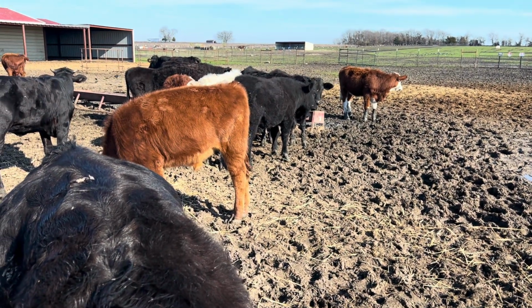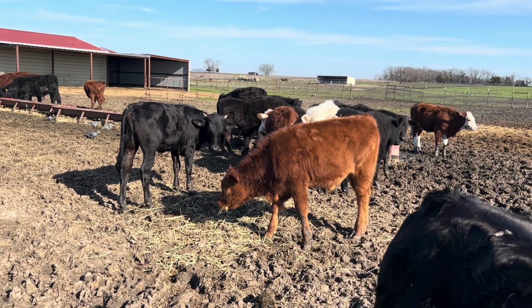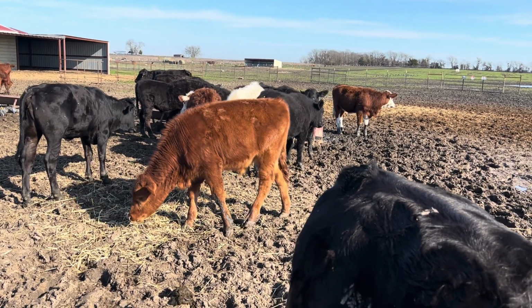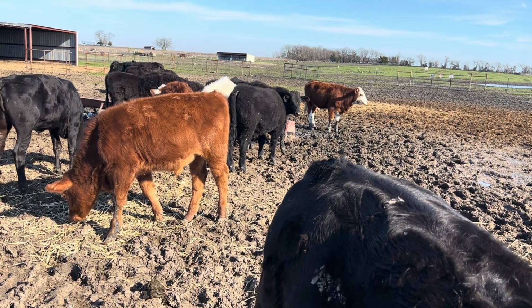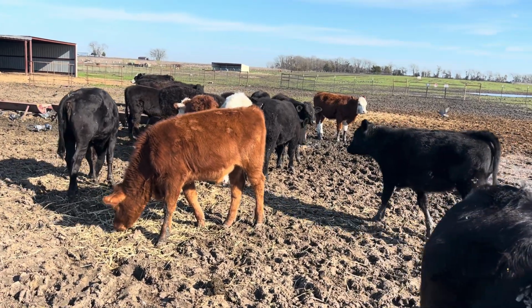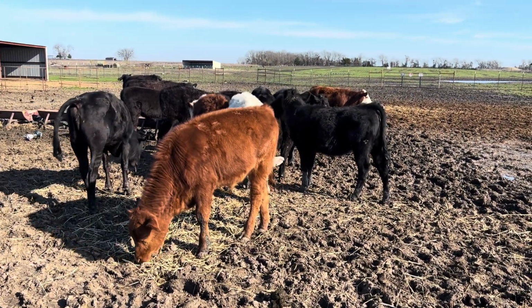And so I went and read more into it. I read more papers, and I found this paper where they're feeding 700-pound steers a 0.64 NEG diet. These animals are gaining 3.62 pounds a day, and they're being fed 2.3% of their body weight a day. And I thought that was interesting because for my